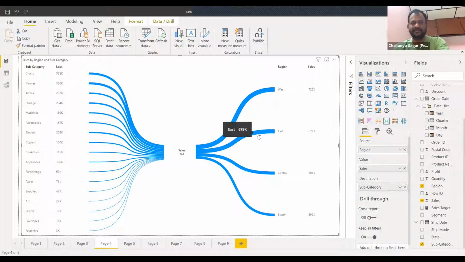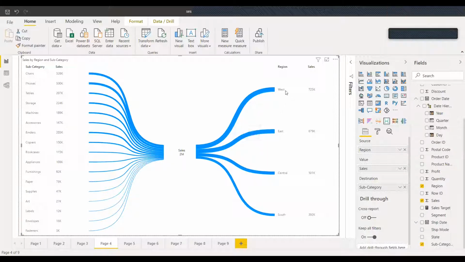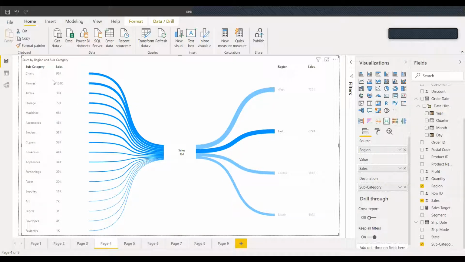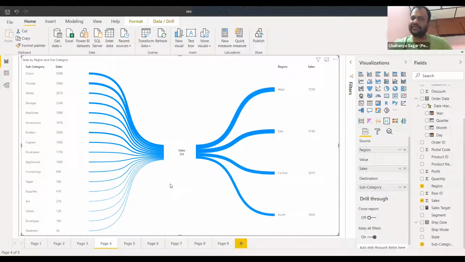Yeah, so like you said, I have a region on my right-hand side and a subcategory on my left-hand side. So now if I click on any region, it will tell me what the sale subcategory was from that region. No, got it. I got that. For us, this is not very different from putting this region separately and the subcategory separately. Right? I see the value of this.